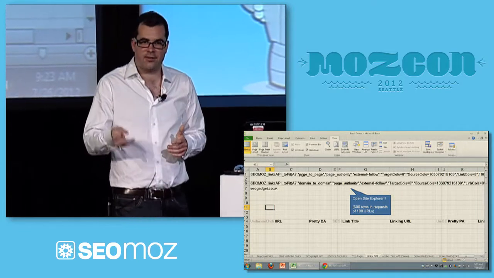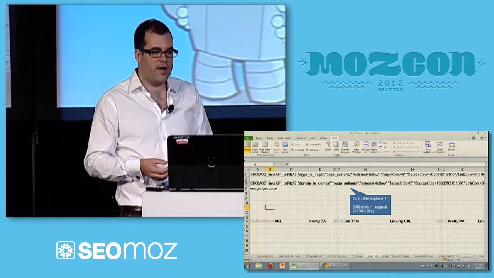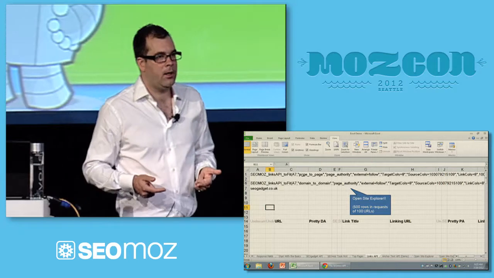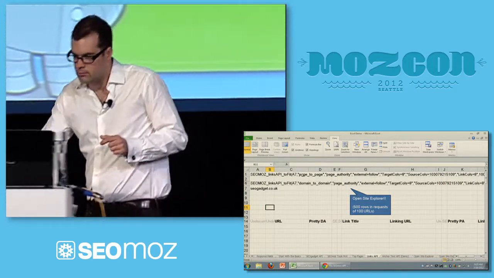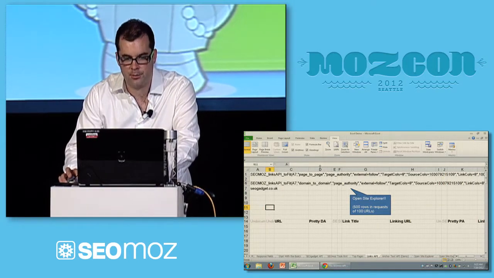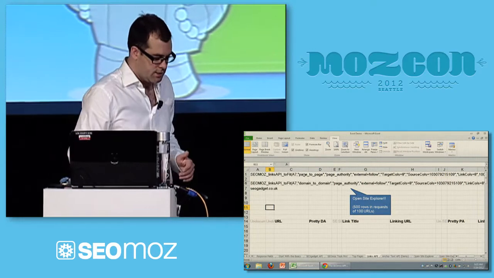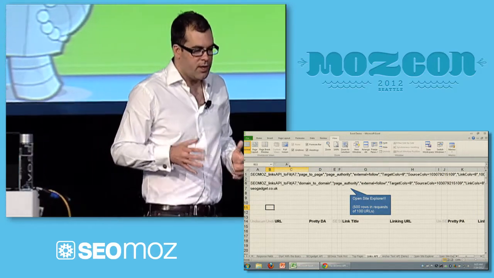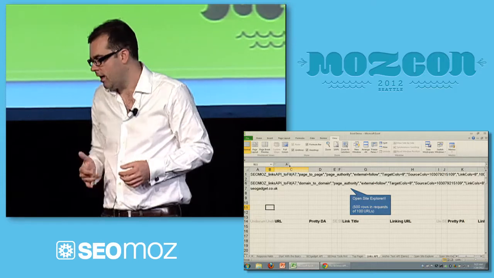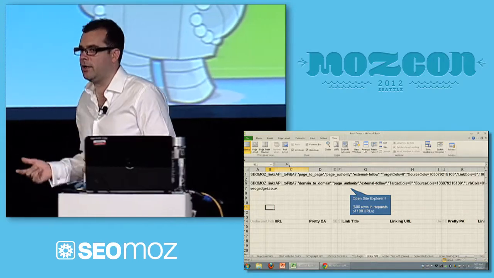So you've got the bit flag thing that I've been talking about, but you also have a thing called scope. Scope, which is this first argument, page to page, just there. Scope is a way of describing what type of links you want to see. So page to page is show me linking pages that link to my page.